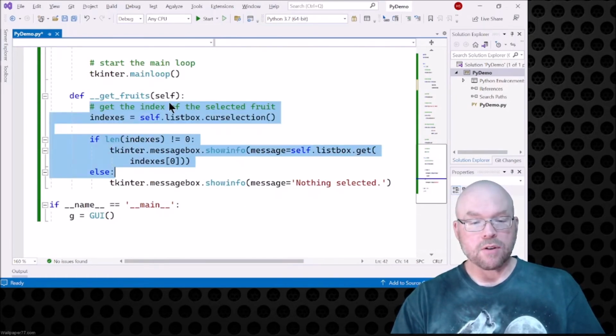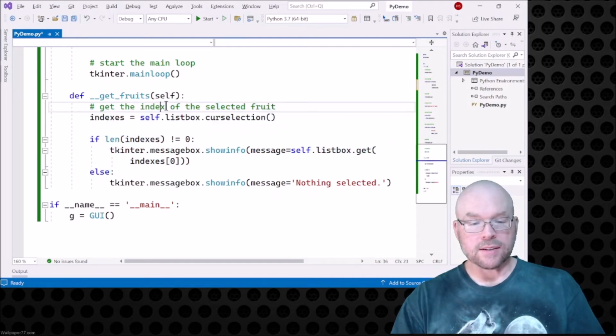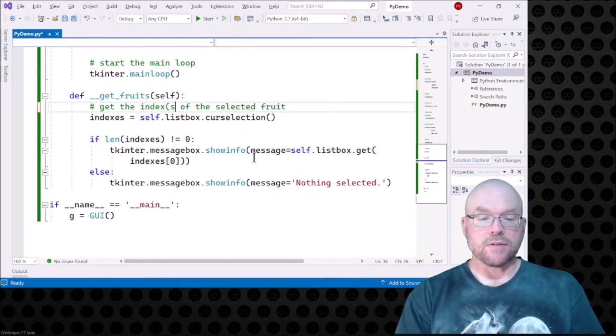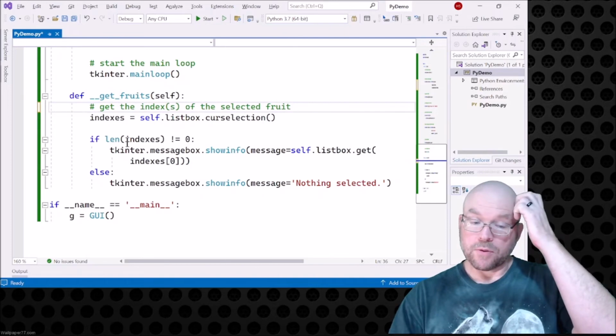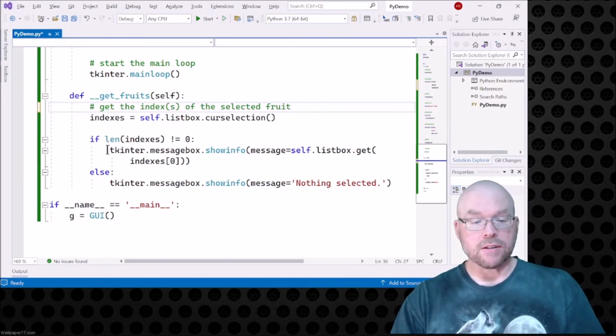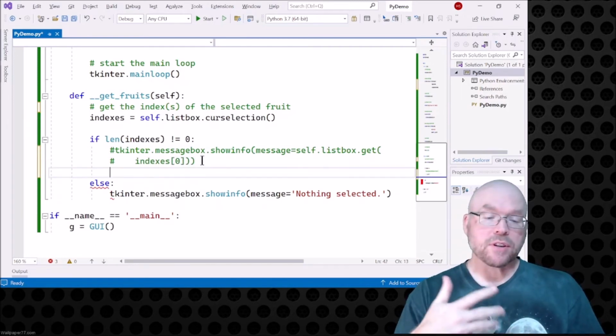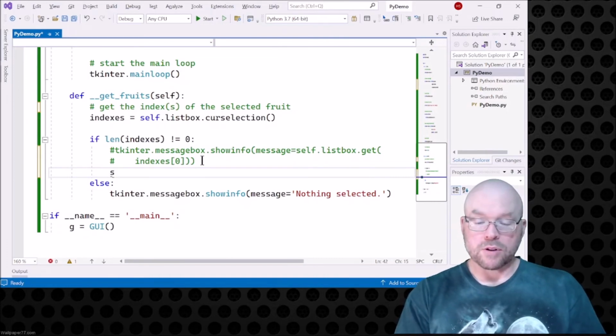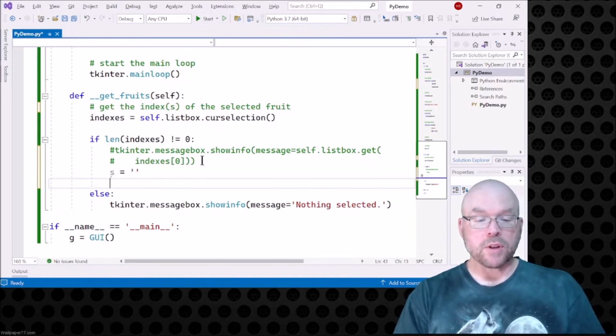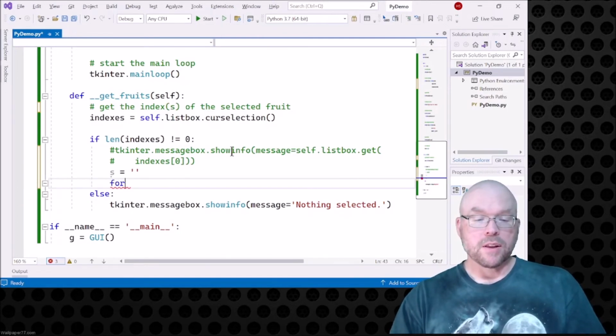Okay, so now we're getting the indexes, the index or indexes of the selected fruit. So we're still going to have this test here, but we're going to modify this. We're going to add some code here. So what we have to do is we have to go through and build up a string. So we'll start off by creating a null string that we'll add on to, and then we'll go through the